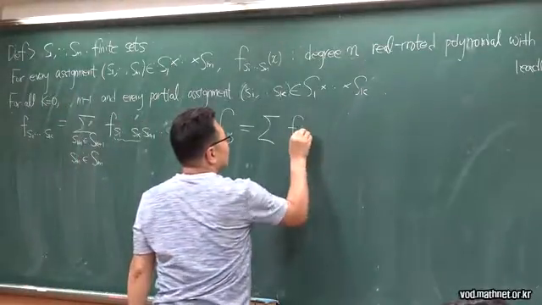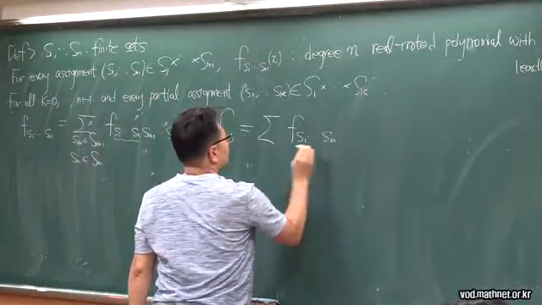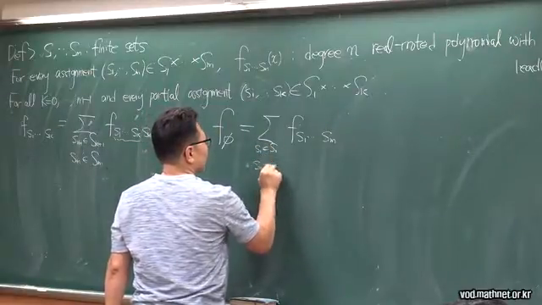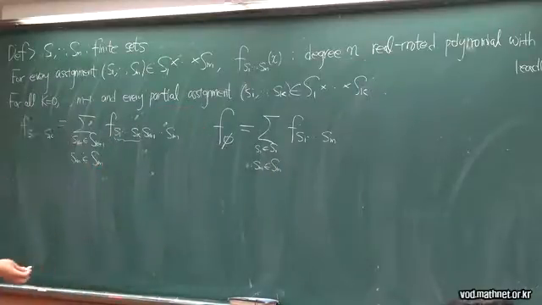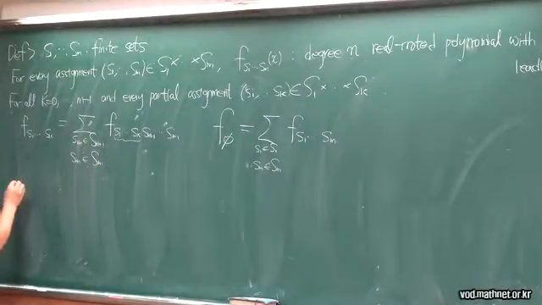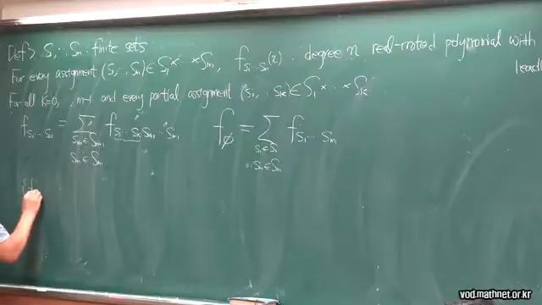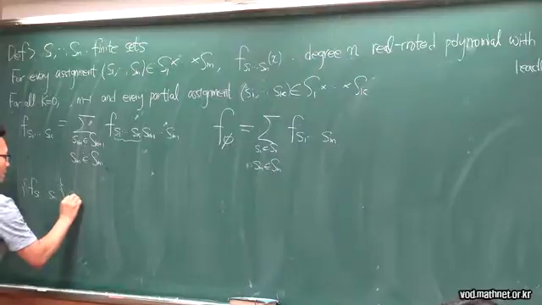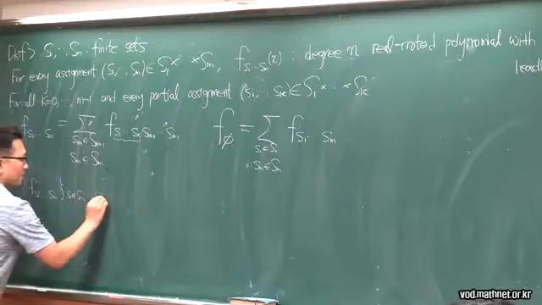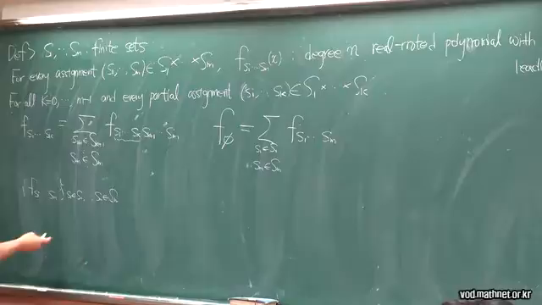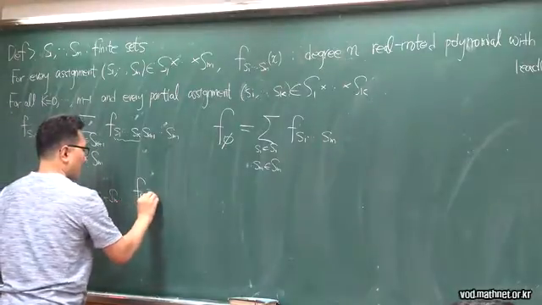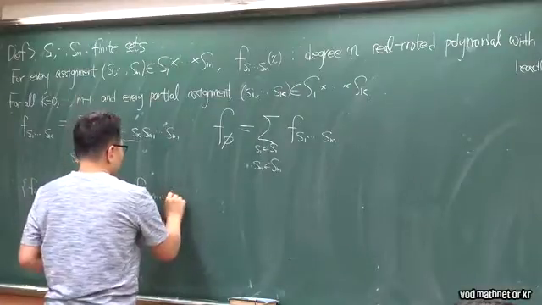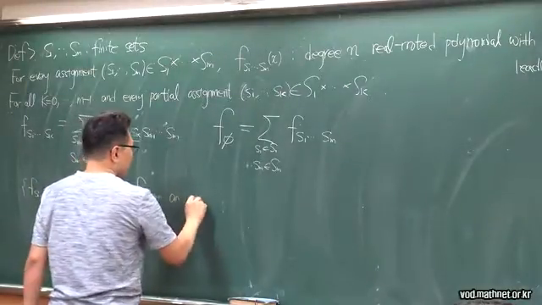Then those polynomials in here form our interlacing family